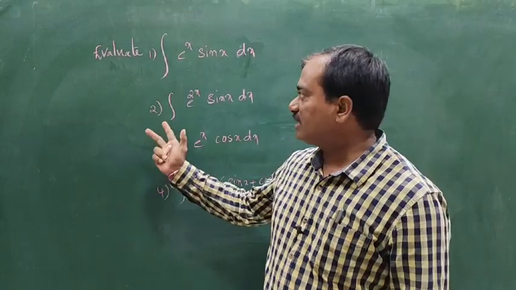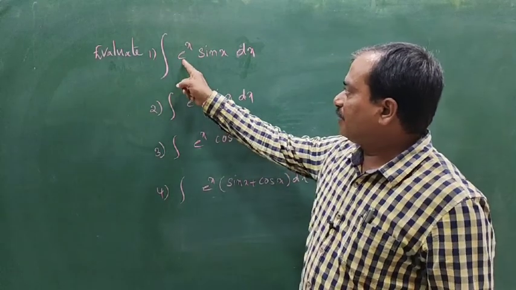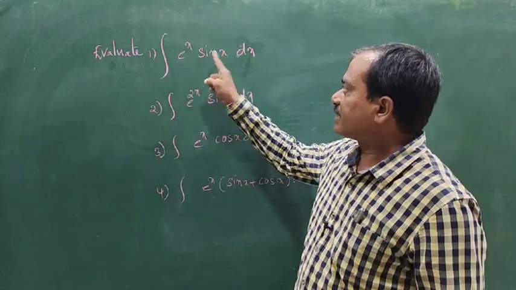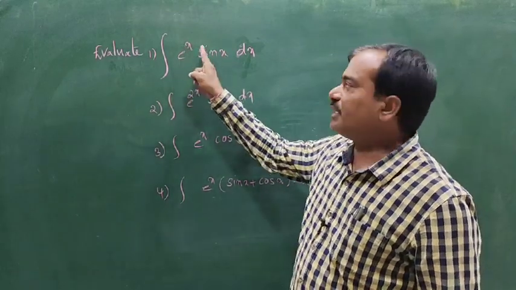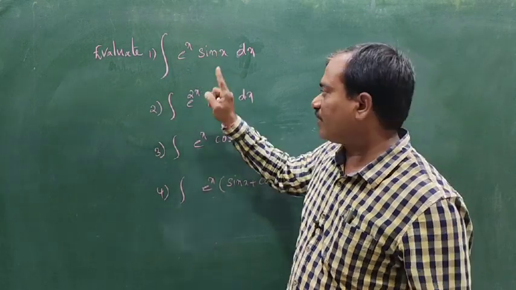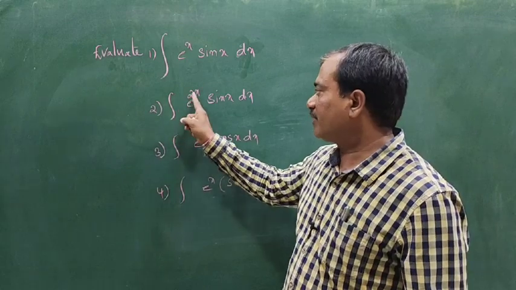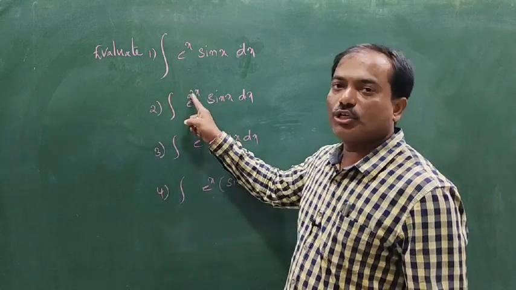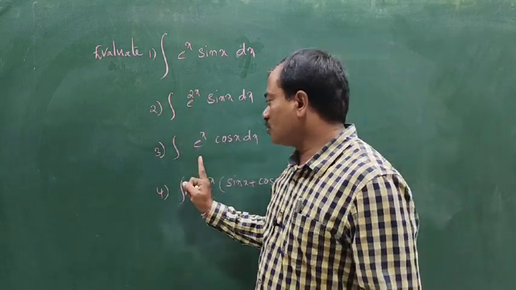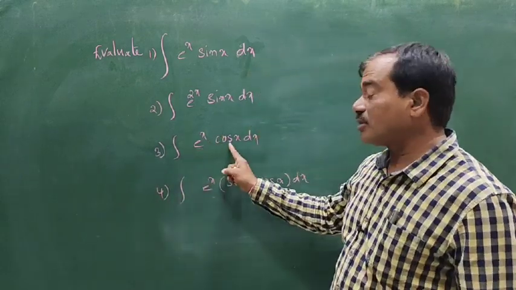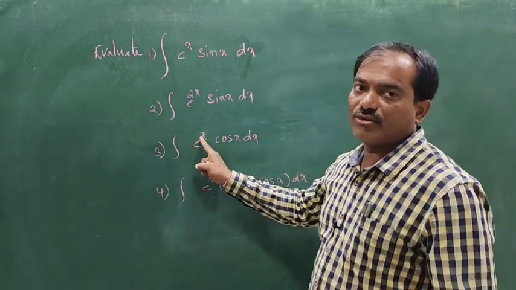Now dear students, this is the assignment. The integral of e power x sin x dx: here a equals 1, b equals 1, and we use the same formula. Coming to the next problem, this is also as it is, the integral of e power ax sin bx, where a equals 2, b equals 1. And coming to the third problem, the integral of e power x cos x dx, where a equals 1, b equals 1.